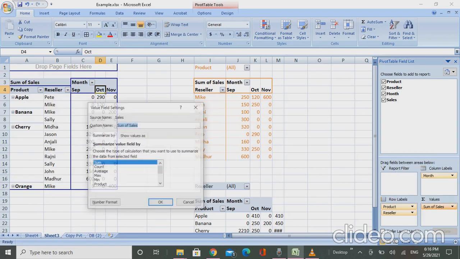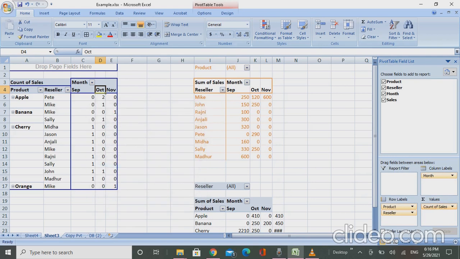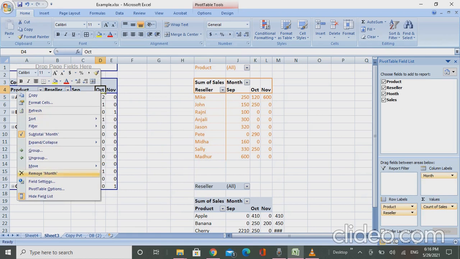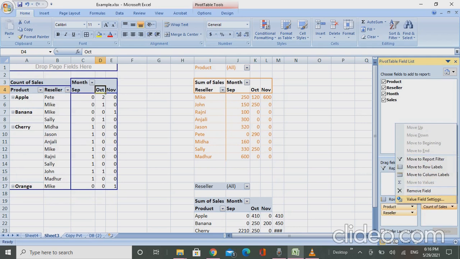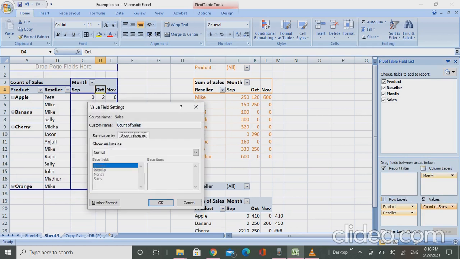This will give me the count of the values that are there in this values box. Okay, so similarly, if you want to have percentage of total, you can get that. You go to show values as, and then in place of normal you can select percentage of total. So this is now displayed as a percentage of total.